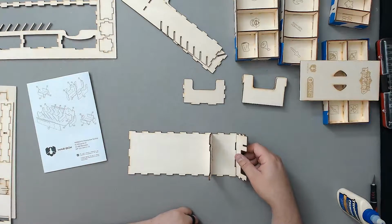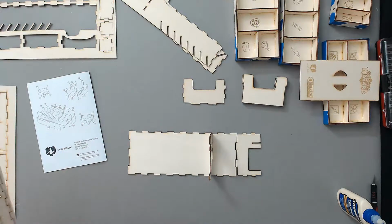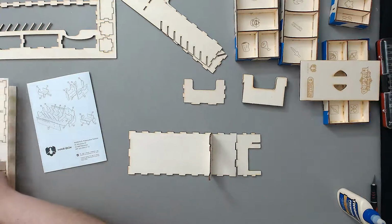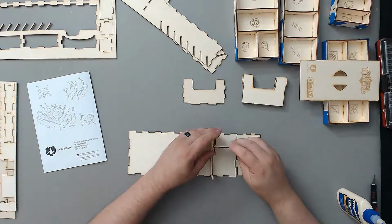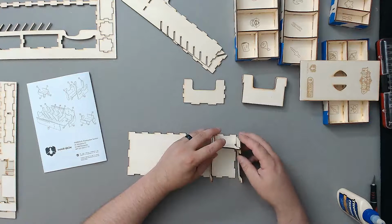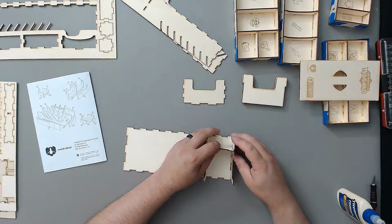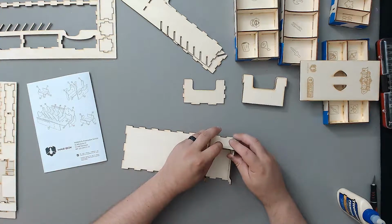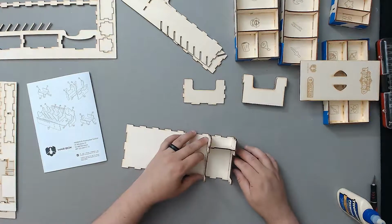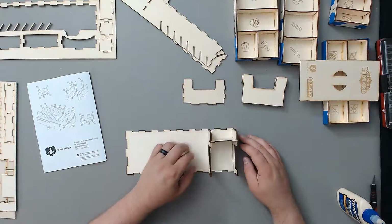Oh, I missed a piece. It's this piece right here. Dang. How did I do that? I don't know how I did that. Alright. So what will happen is this piece will sit in here, and then this piece, oh goodness. So it's going to sit like that. Okay, and then